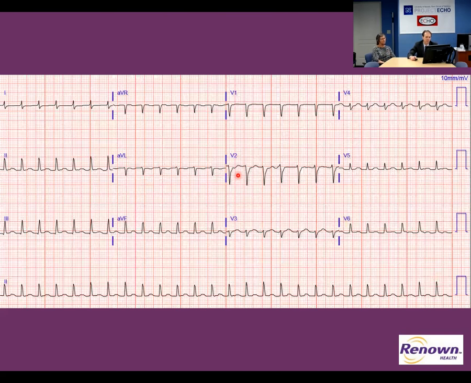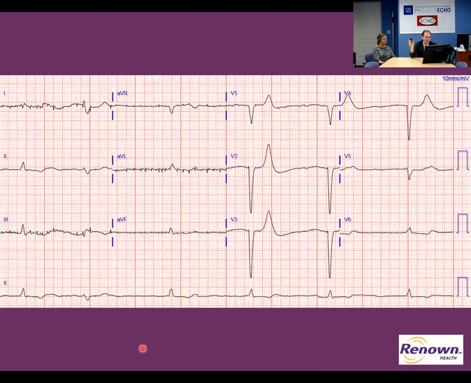So 155, 156 is the rate there, and it's a supraventricular tachycardia. Now this is the opposite end of the spectrum, right? There is a little bit of irregularity here, but let's just count our QRSs. We can do it either way actually. So 300, 150, 100, 75, 60, 50, 40, 30, 20.